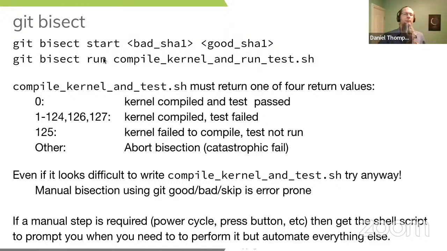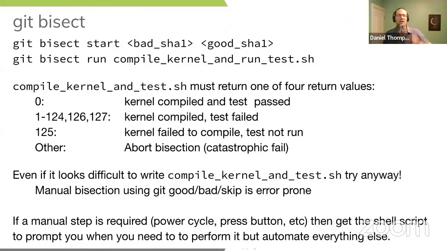So the way I would suggest everybody operates is by writing a shell script to compile the kernel and run the test. So this will build the kernel and then launch a test. I'm aware that not everybody has relays and button pushers and other things attached to their test hardware, their device under test. So there may be manual steps involved in this. It may be a power supply cycle, it may be pressing a button, it may be the nerve pinch you have to do on some of the 96 boards to put them into download mode.